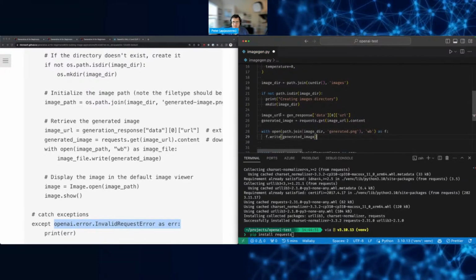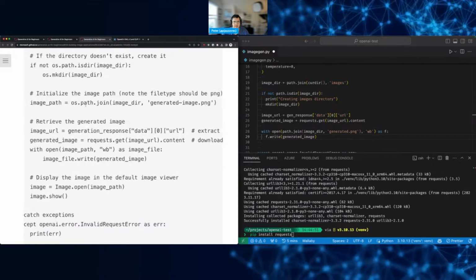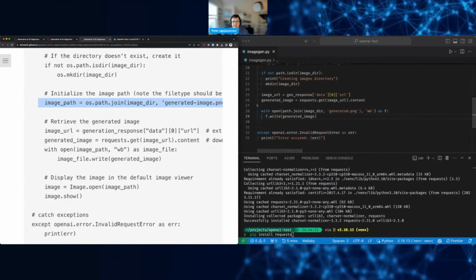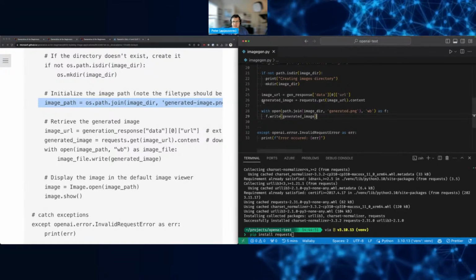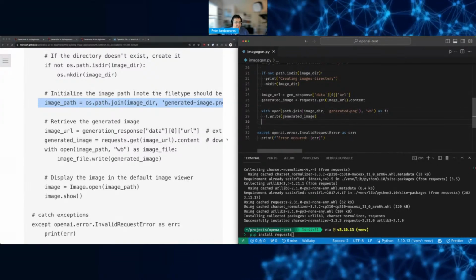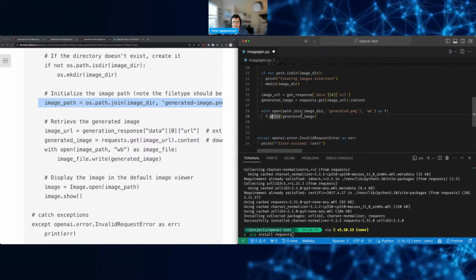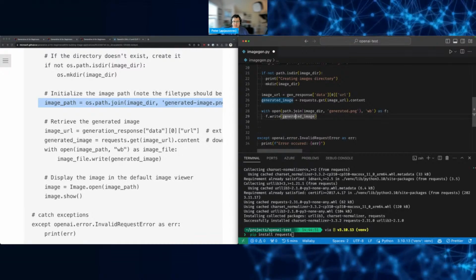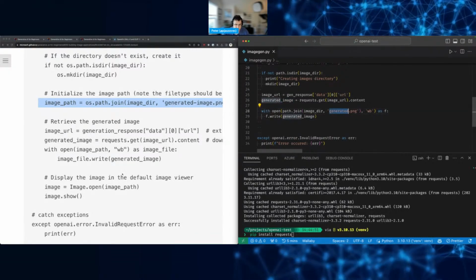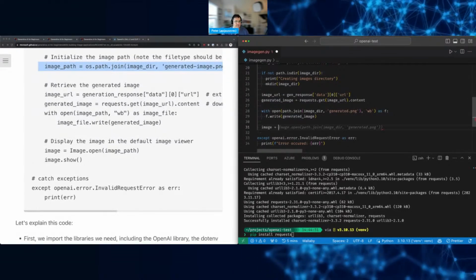So we'll use, did we create this image path? Path join. Oh, okay, so they're just initializing it here. It doesn't matter. Image URL for writing and binary, I think. And then writing the file to image. Well, writing the generated image, whatever the content is, to a file called generated.png. Okay, and then display the image. Image equals